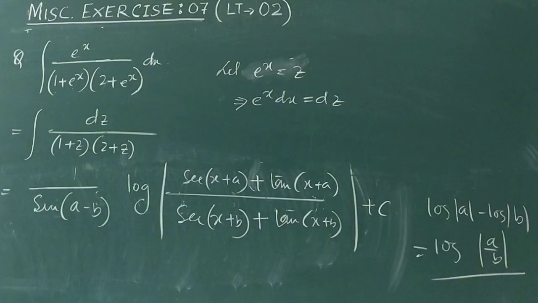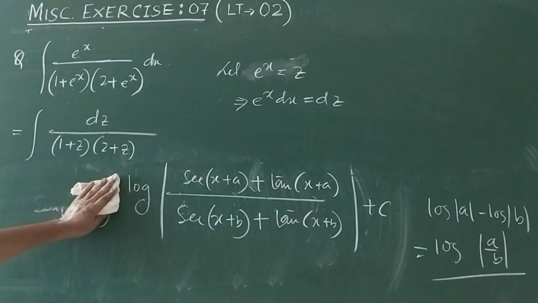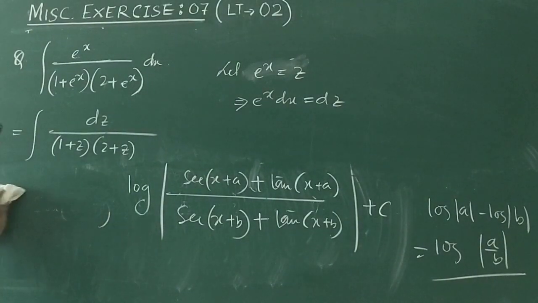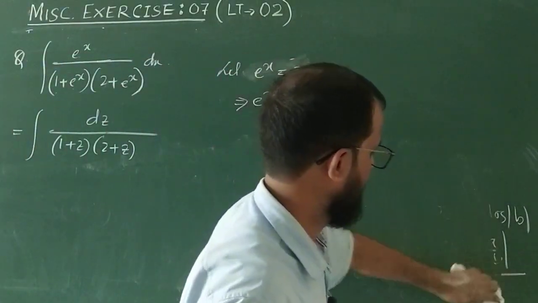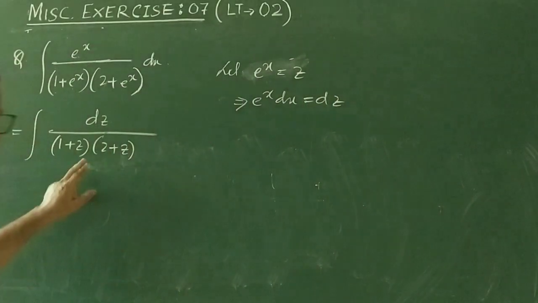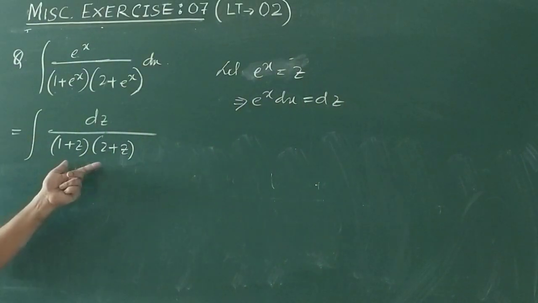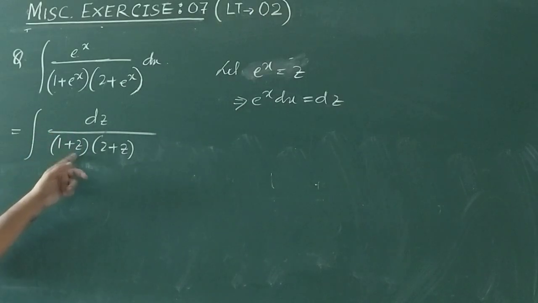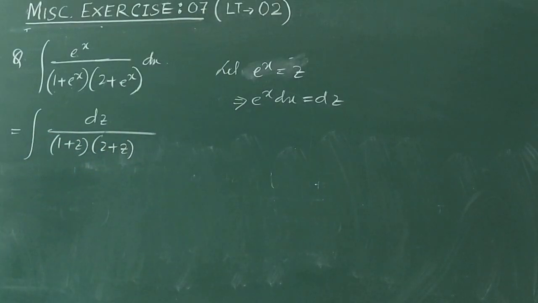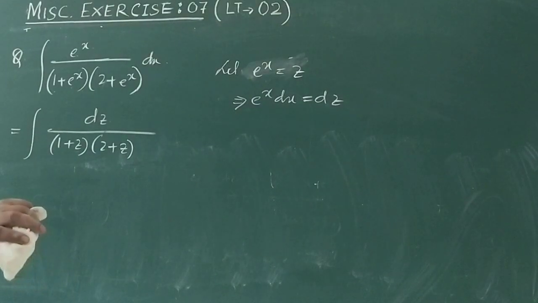Okay, one thing you remember, for this type of integral there is a short trick. So today I am going to use a short trick and you will enjoy it. In the last classes this problem is related to the method of partial fractions. So this can be written as A by (1 plus z) plus B by (2 plus z), and ultimately you can find the values of A and B. But in such cases what we will do,